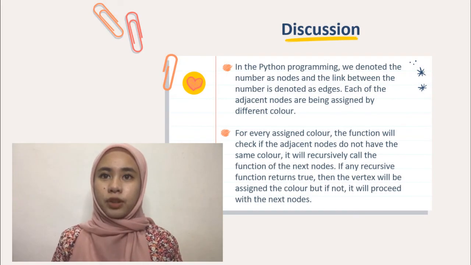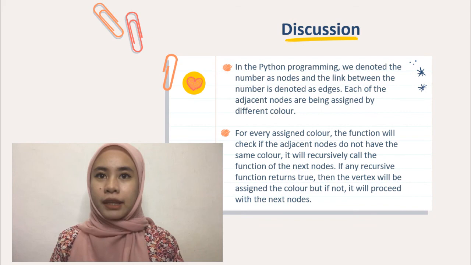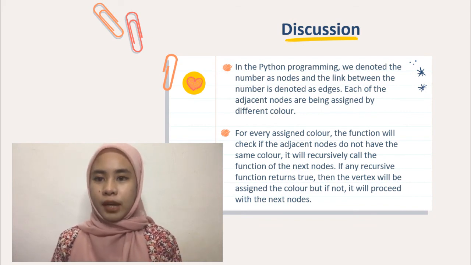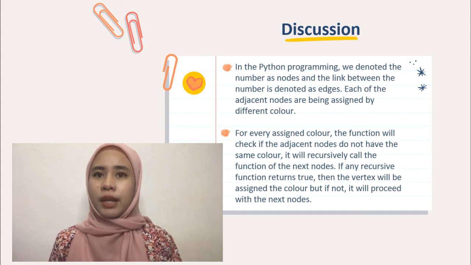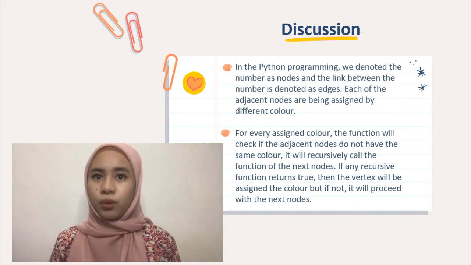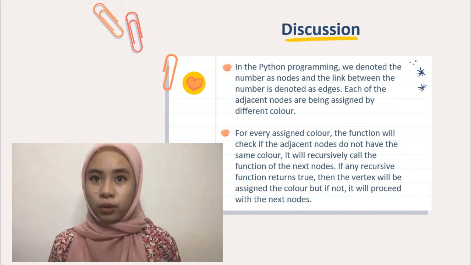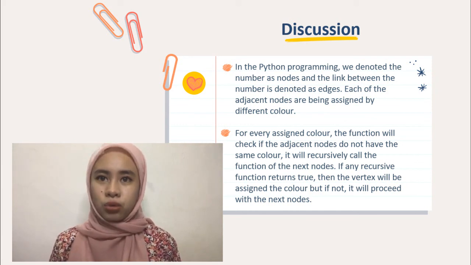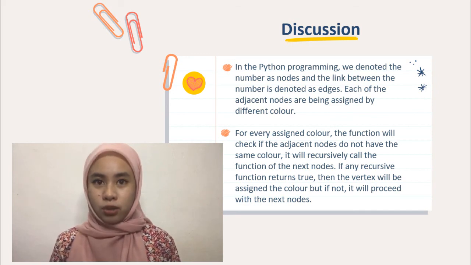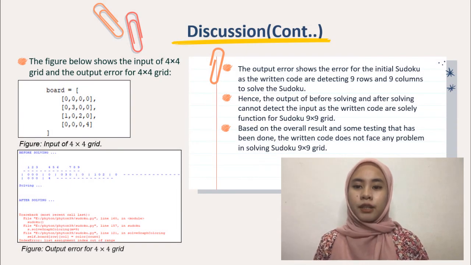In the Python programming, we denote the numbers as nodes and the links between the numbers as edges. Each of the nodes is assigned a different color. For every assigned color, the function will check that the adjacent nodes do not have the same color. It will recursively call the function for the next nodes. If any recursive call returns true, then the vertex will be assigned the color, but if not, it will proceed with the next nodes. Now, as we can see, there are 2 figures that show